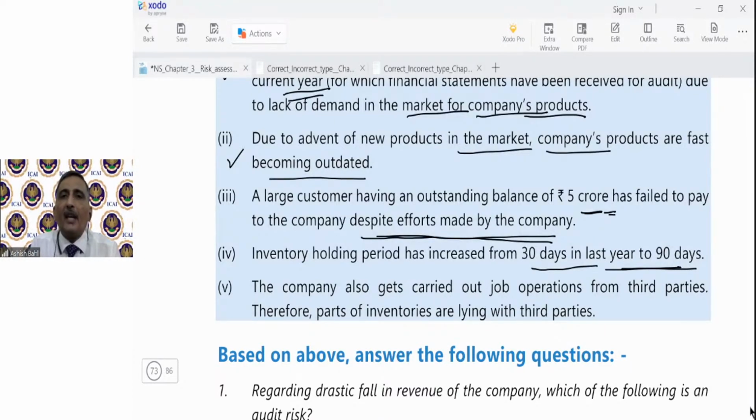So when a company gets some work done from third parties, it is called as job work. Like suppose मेरी कंपनी में शर्ट्स बनती हैं, सपोज फैब्रिक तो खुद बना रहा हूं, लेकिन शर्ट्स की स्टिचिंग बाहर से करवा रहा हूं। तो जो मैं बाहर से काम करवा रहा हूं उसको जॉब वर्क कहते हैं। दूसरी जो जॉब वर्कर है, मैं उसको लेबर की पेमेंट कर रहा हूं, मैं मटेरियल भेज रहा हूं और वो उसको स्टिच करके वापस भेज रहा है, उसको जॉब वर्क कहते हैं।